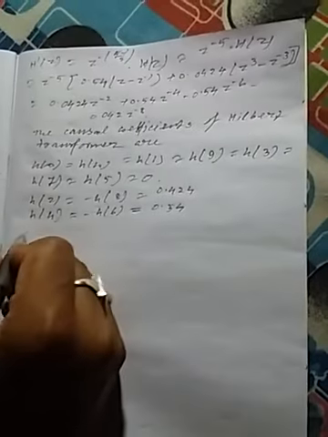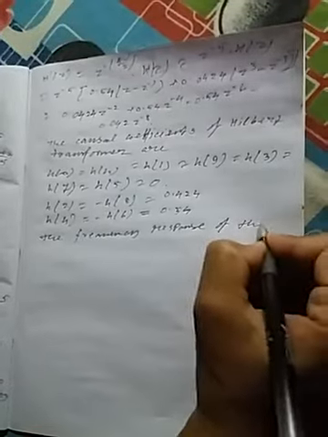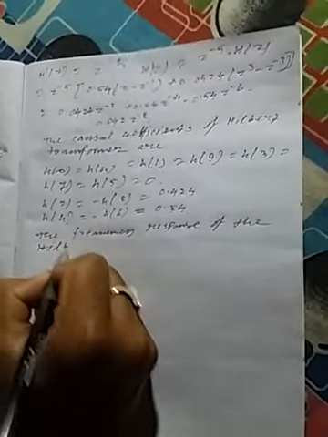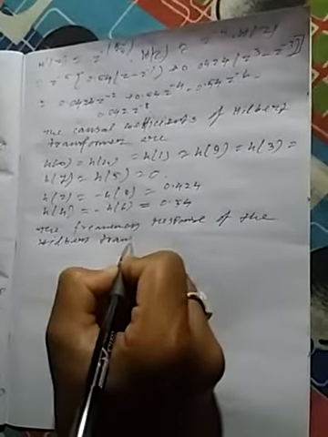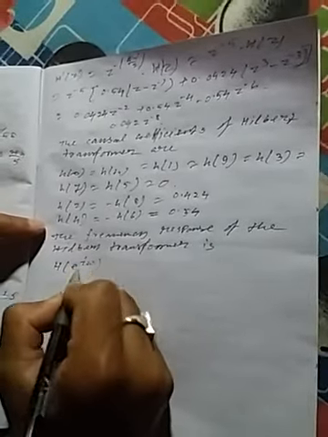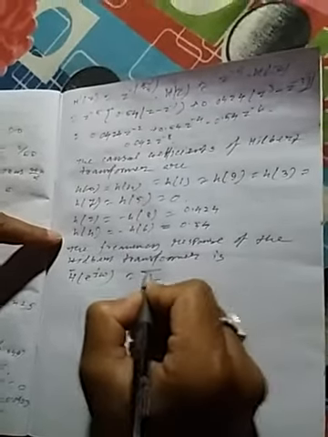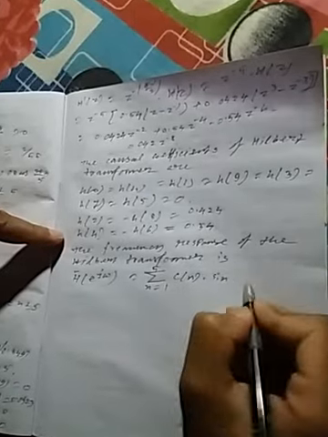Okay, so the frequency response of the Hilbert transformer, h of e to the power j omega bar, will be equal to summation of n equal to 1 to 5 Cn into sin n omega. Okay, so that will be equal to,